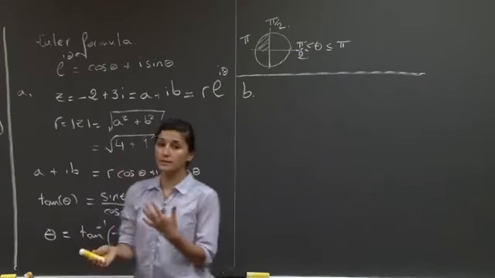Let me just add a line here. Question C, we're asked to draw and label the triangle relating rectangular to polar coordinates. So that's what we already had a sense of when we wrote this formula going from a + ib to r exponential of i theta. So in the complex plane,